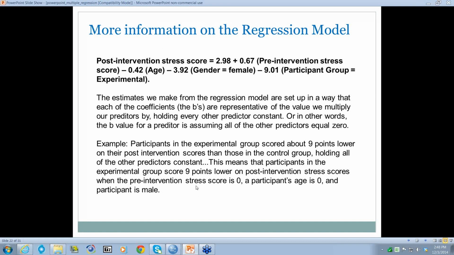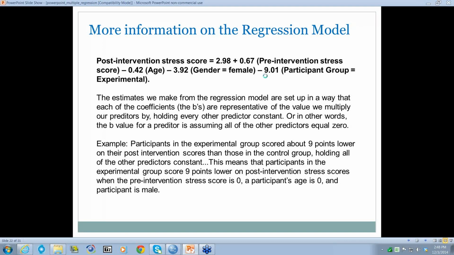Well, this is fine. A pre-intervention stress score of 0 is fine. That's a valid score. A person can have a score of 0. However, in this study, nobody was 0. We didn't have any newborn babies. So that's where the constant, this 2.98 or whatever number it should be, that's here all by itself, the intercept, is representative when everything is 0. Well, in this case, we don't have any babies, so this is why I say a lot of times